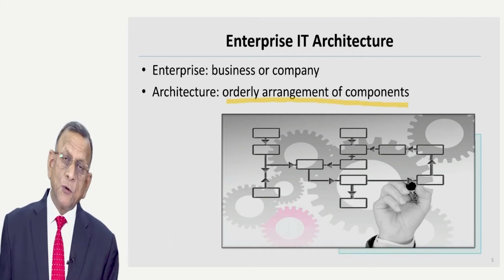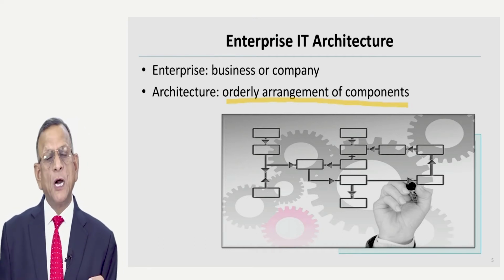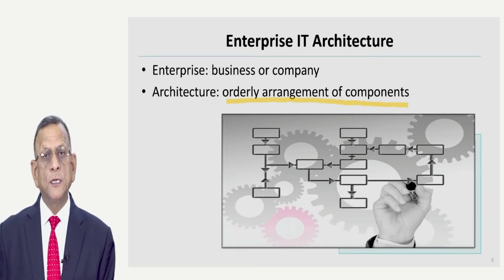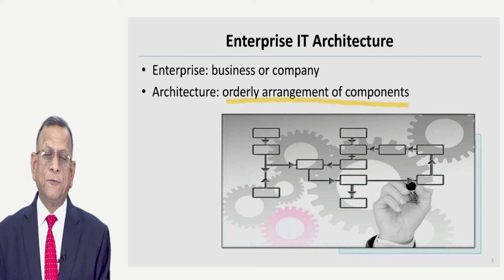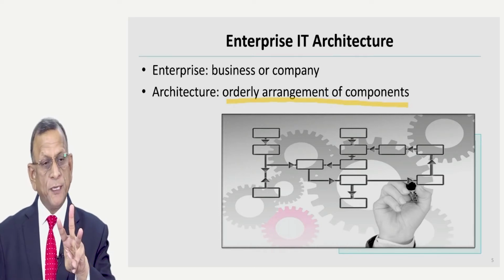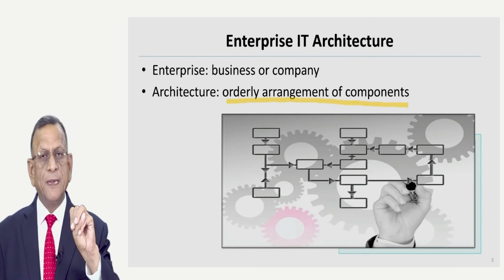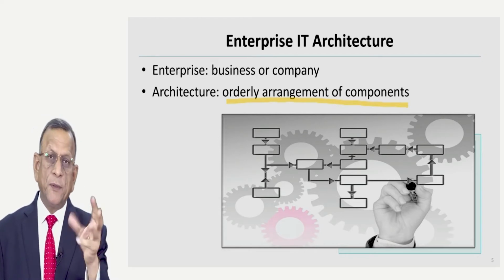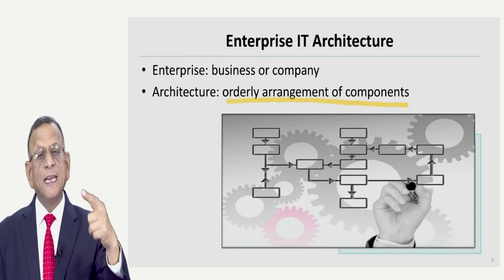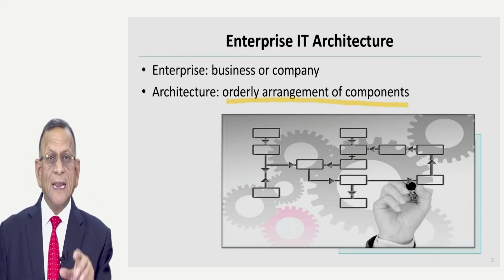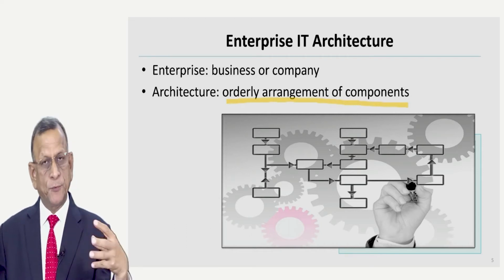So, how are we going to put components within the hardware? How are we going to put components within the communication system? And how are we going to use components within the software? Within all the three, hardware, communication and software, we will be having various parts. So, orderly arrangement of those parts within that system is also architecture, and then connection of the three, putting them